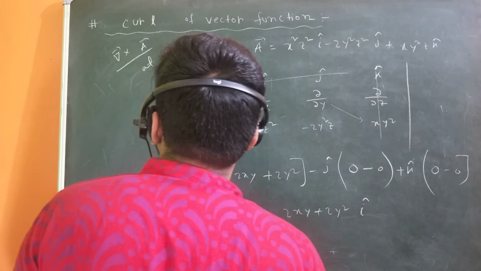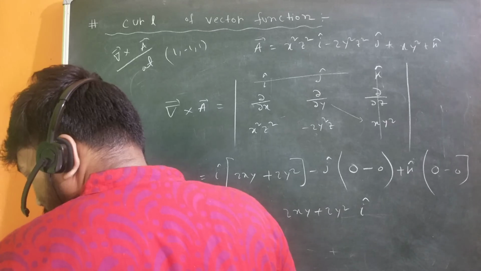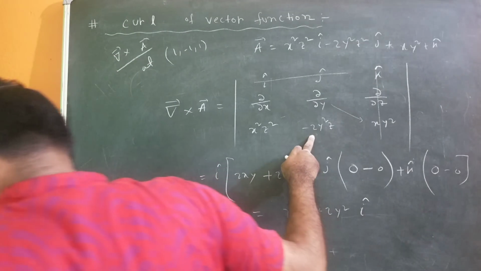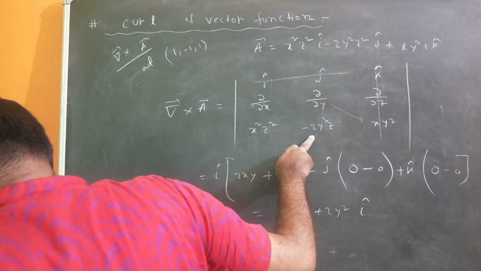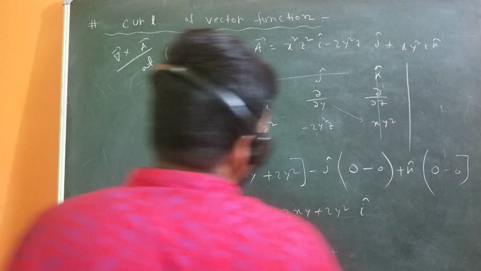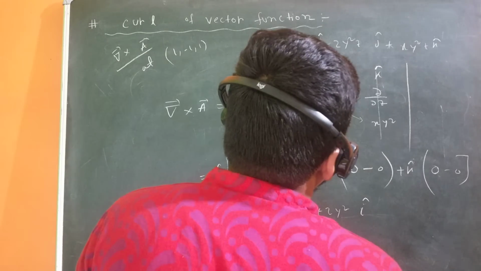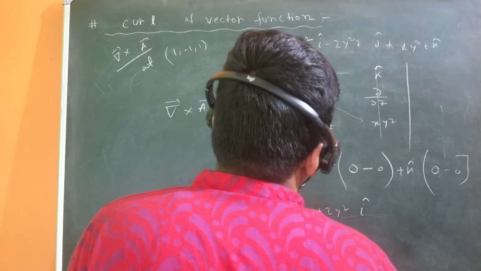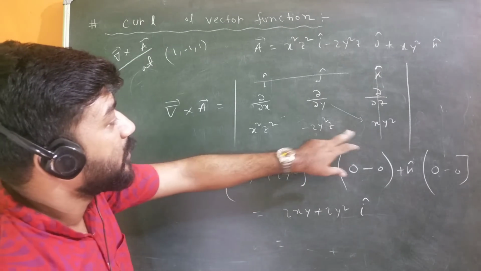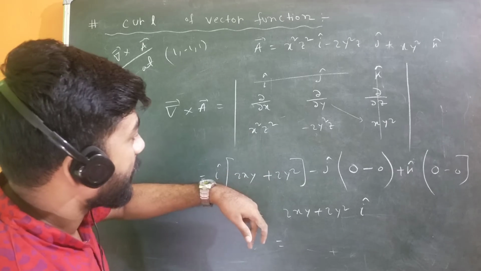Now if you put the value here, I think there is a mistake. The vector is x square z square minus 2y square z, 2y square z, there was z square. So let me take it as z square. And another thing is x y square z, sorry, there was z also. Okay, so let me take this. Okay, no issue. So this will not be 0 if there is something, say del y of x y square and something. So let me check again.